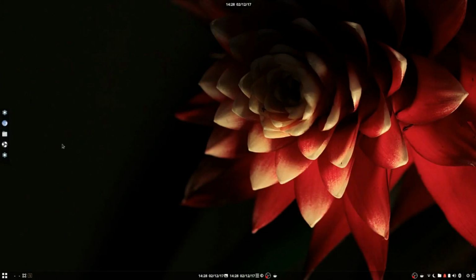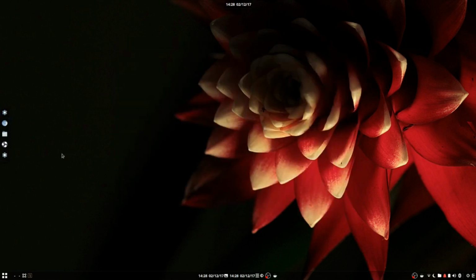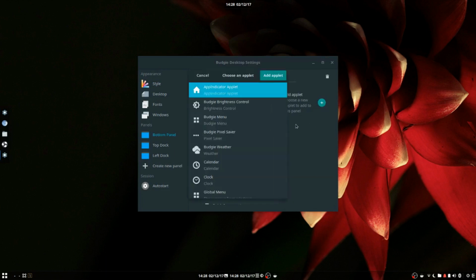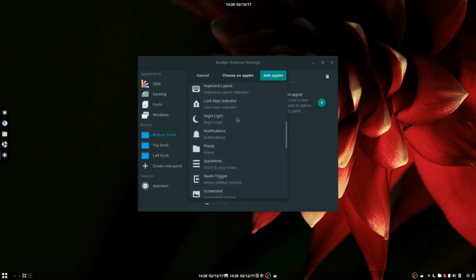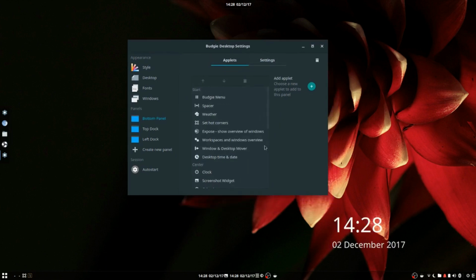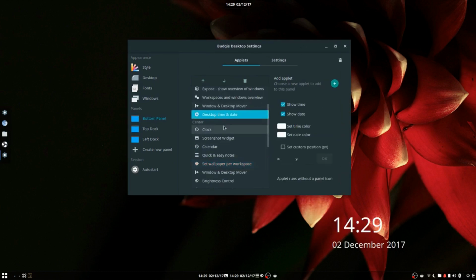It's the desktop Showtime applet. So I'm going to add that. Wrong settings. Bottom panel. Add an applet. Now we're looking for the Showtime. Showtime, there it is. So we'll add that applet. Now there it is there. So you've got, oh there it is, desktop time and date. Okay, so